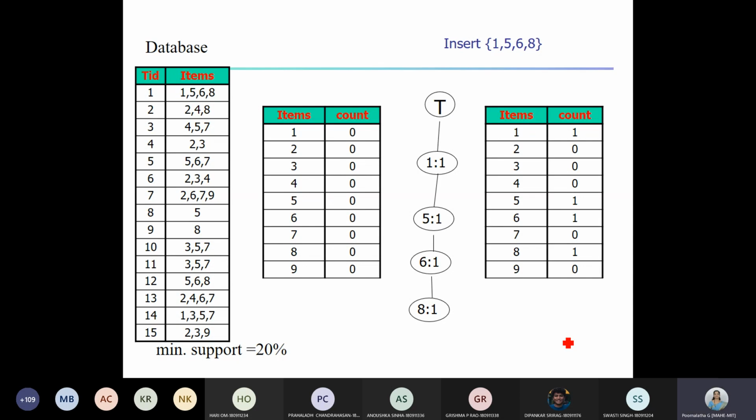And regarding FP tree and PC tree, if you have any doubts or issues, you can ask me before the next class. As usual, I told you I'll be logging in 15 minutes before the actual timings of the class. You can log in 15 minutes before and ask me the doubt, or after the class also you can ask the doubts if any. But before that you should study, you should put in your effort, and try to solve on your own once.